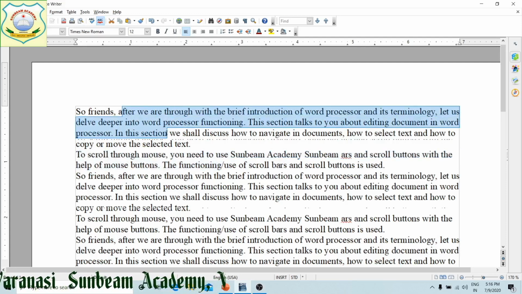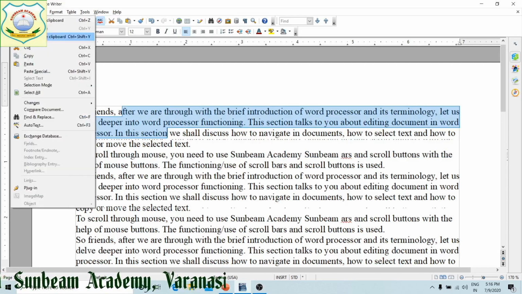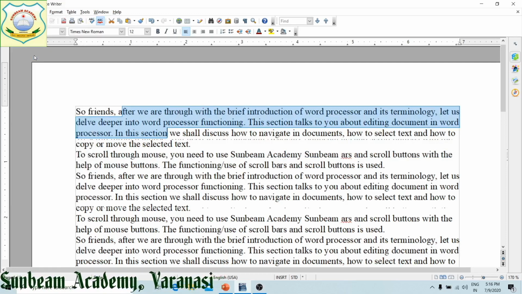To copy, paste, cut, whatever you want to do, for that you have to select the text. Here in the edit menu, the copy command is there. Now it has been copied. It has gone to the clipboard. Clipboard is nothing, it is a place which keeps the cut or copied portion for future use.